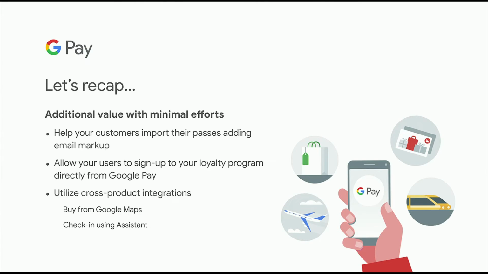Finally, on integrating cross-product within other parts of the platform in Google or other products, you just saw how we integrated the Mikey card on Google Maps right where you need it, or how you can check in with the assistant for your flights. So this is what we had in terms of new features. We also talked about the momentum before, right?